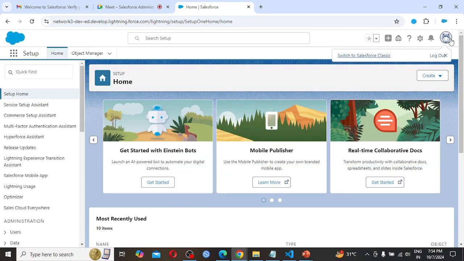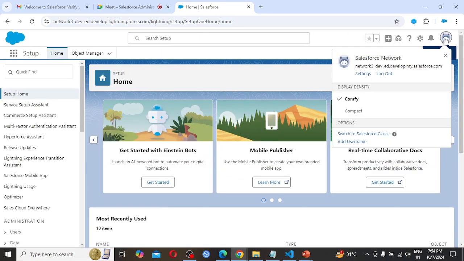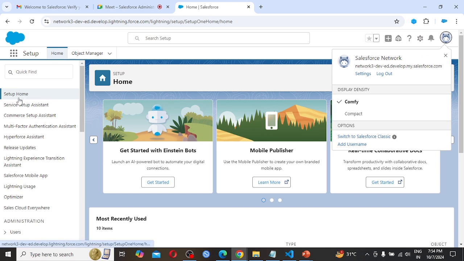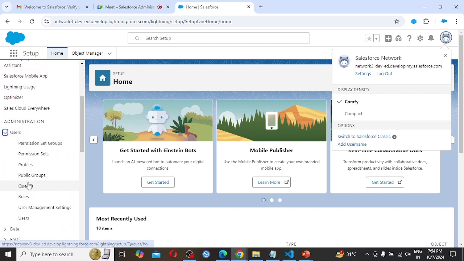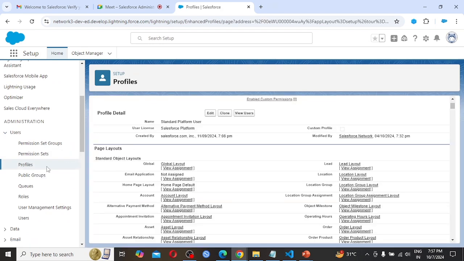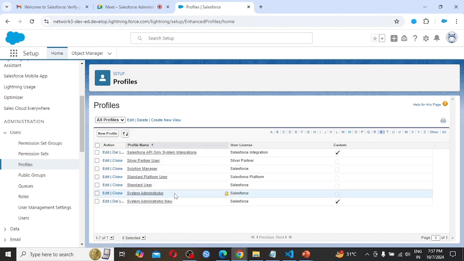So this is the Salesforce network account. Let's cross verify in the Salesforce network. I need to open the profile, so the user profile. What I am doing right now is clicking on standard platform user.